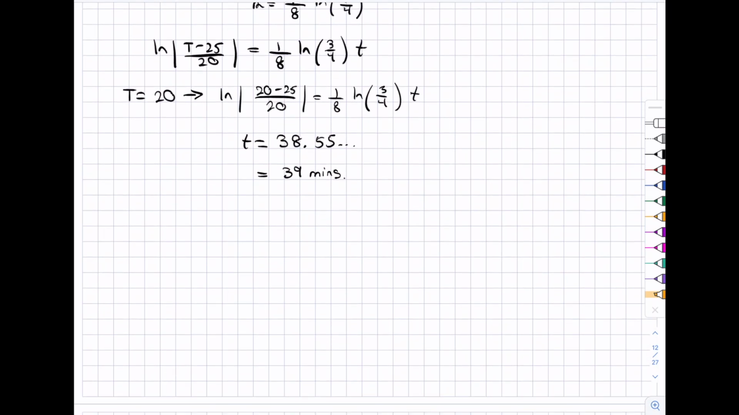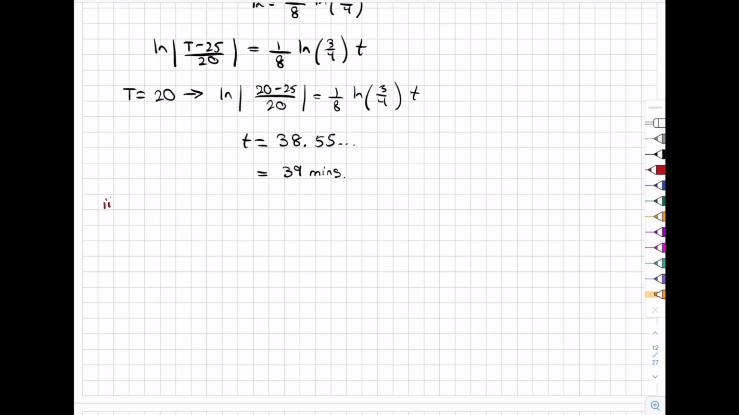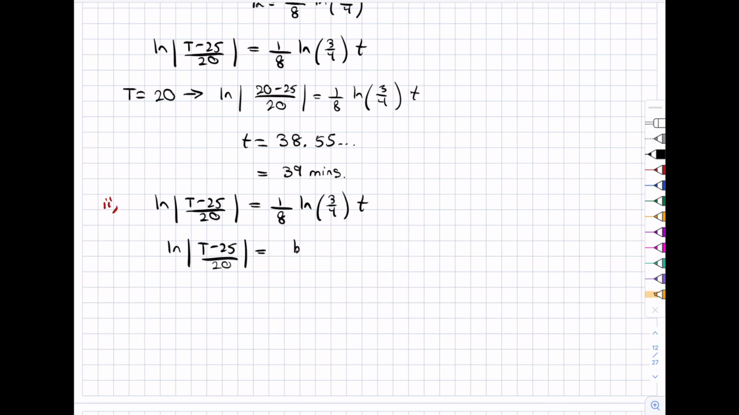Okay, so in order to do this, what I'm going to say is, if I'm in an exam, I would rewrite it. I can duplicate it here. What I'm going to do is rewrite this thing as k, and just on the side say where k is equal to blah, blah, blah. Okay, so we've got log of |T minus 25| on 20 equals kt, where k equals 1 on 8 log